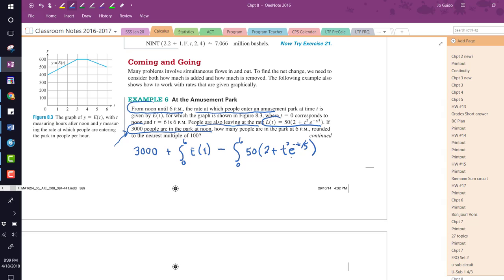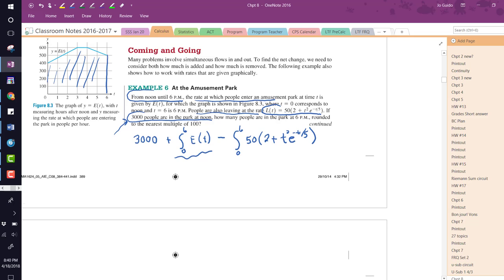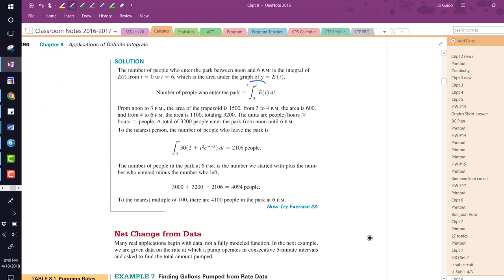So the piece that I have to do without my calculator is this one right here. I'm going to look at my graph up here and find this area, and I'm going to assume that you know how to find area. I'm not going to do that work for you. So I'm going to scroll down. The estimate of the number of people who enter the park, if you need help with the calculations, which I don't think you do, they do it here, is